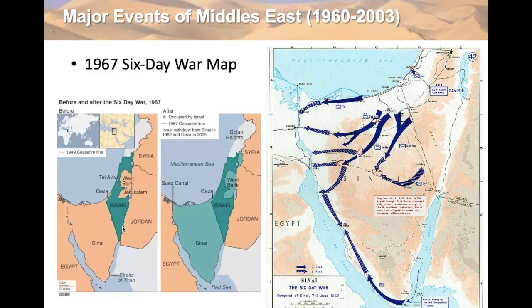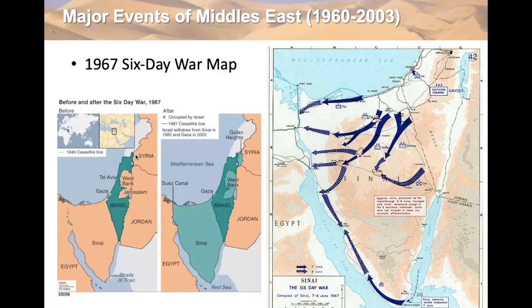Here's Israel before the Six-Day War, and it's very small. Israel is not large at all. And when we say Gaza Strip, West Bank, and the Golan Heights, this here is Gaza, along the Mediterranean Sea. That's called the Gaza Strip. The West Bank is this area right here, which is the West Bank of the Jordan River. So when you hear the word West Bank, maybe in the news, it means the West Bank of the Jordan River. And then the Golan Heights is up here.